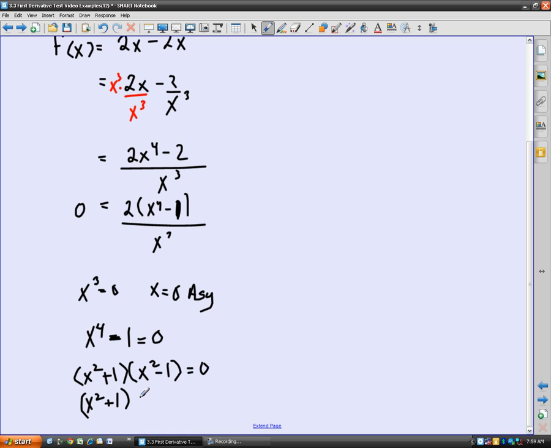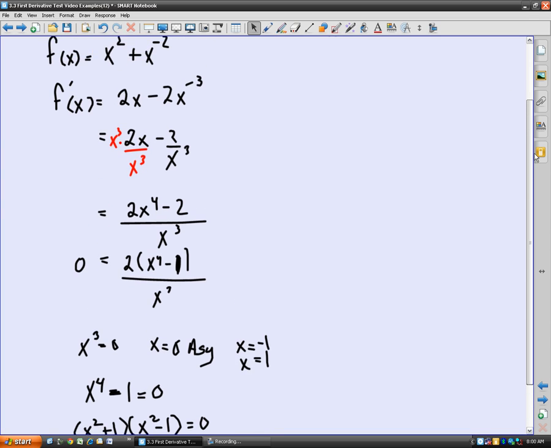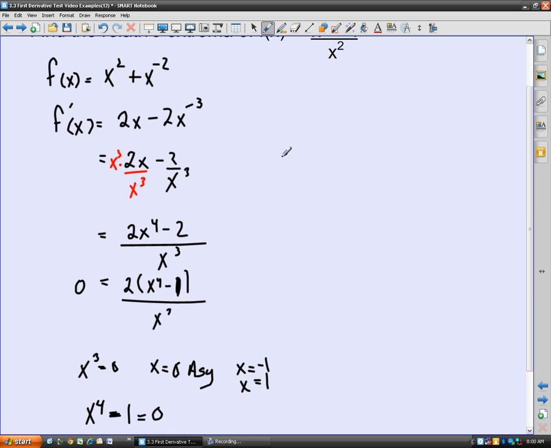So my other x values, my critical numbers I'm going to deal with, are x equals negative 1 and x equals positive 1. So on my little table that I'm going to make when I'm doing my derivative test, I am going to set up an interval from negative infinity to negative 1, from negative 1 to 0, from 0 to 1, and from 1 to positive infinity. And I have to have all these intervals, and again, these will tell me what values are maximums, minimums, things